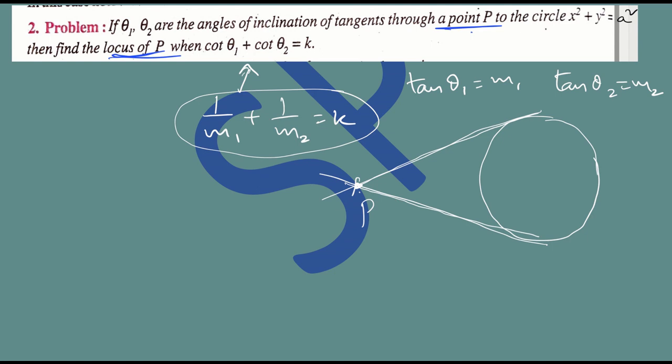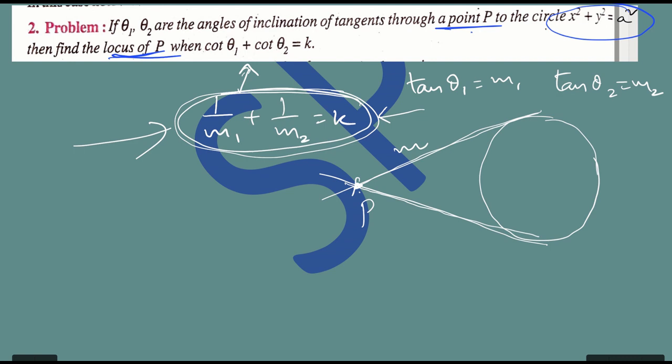So, whenever he is going to ask us for the locus of the point of intersection of tangents, and if he gives a condition in terms of the slopes, then we think of technique 2, whatever the technique I am going to tell you. Understood? We look for technique 2 when we have to find the locus of the point of intersection of tangents, given a condition in terms of the slopes of those tangents. Let us see the technique.